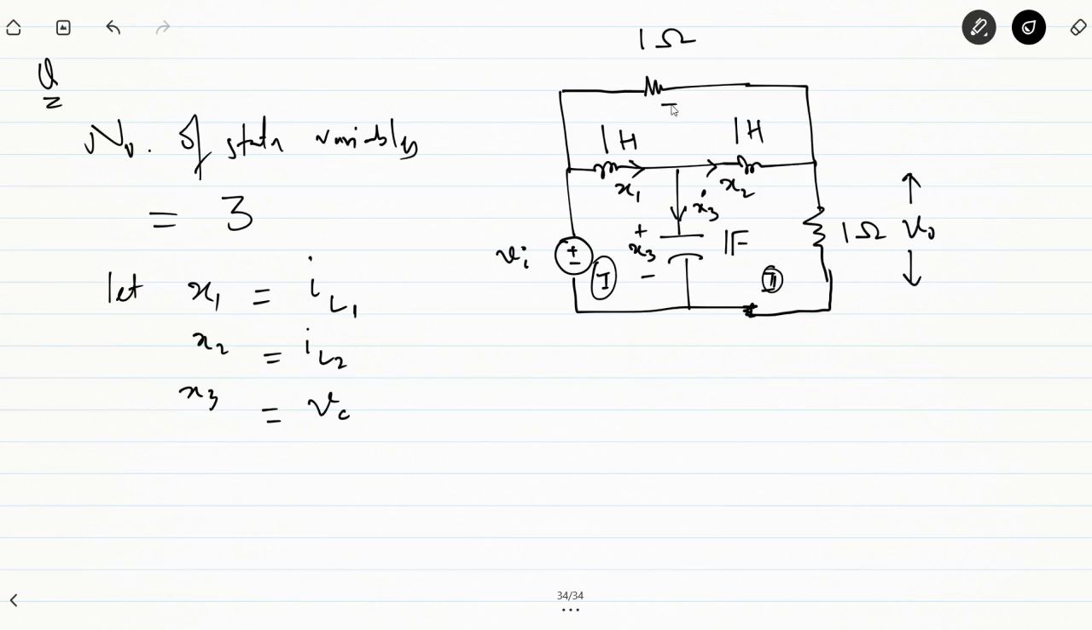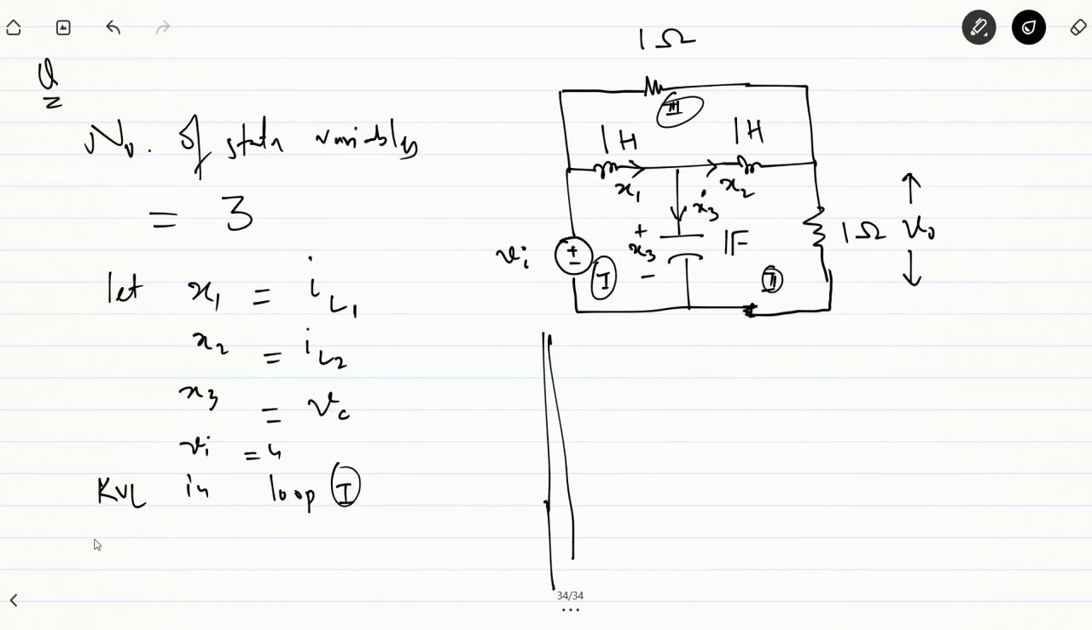let this be loop 1, this be loop 2, and this be loop number 3. By KVL in loop 1, and Vi is nothing but u. KVL in loop 1, what we'll be getting is Vi, that's u, is equal to